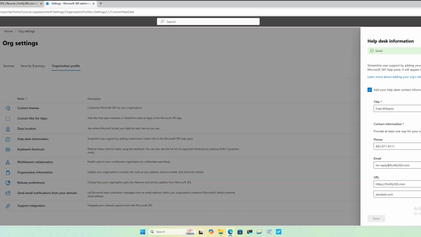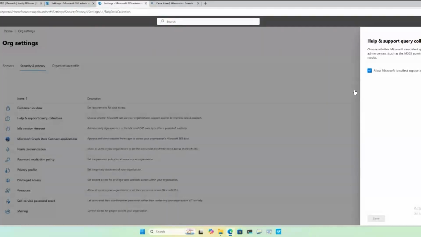One big thing that I always try to make sure people do is, next step in this thing, go in and make sure you disable Bing. In there, you'll want to make sure that Microsoft is not collecting support queries. Bing is not gathering any of that intel. Make sure that is checked off. And look,